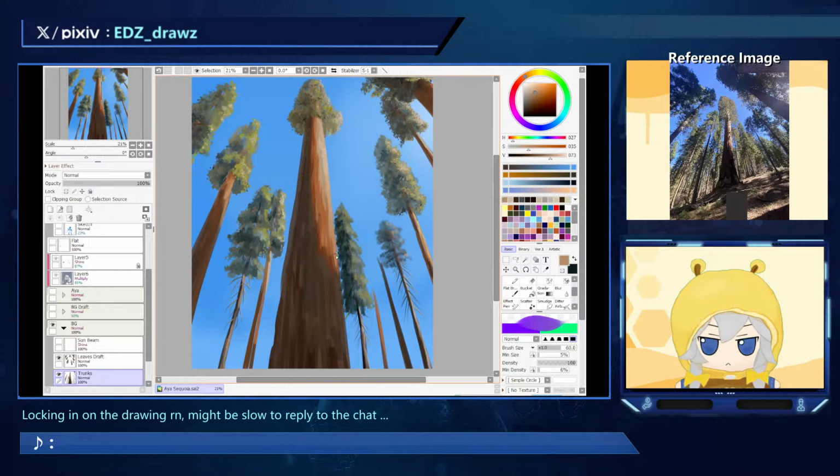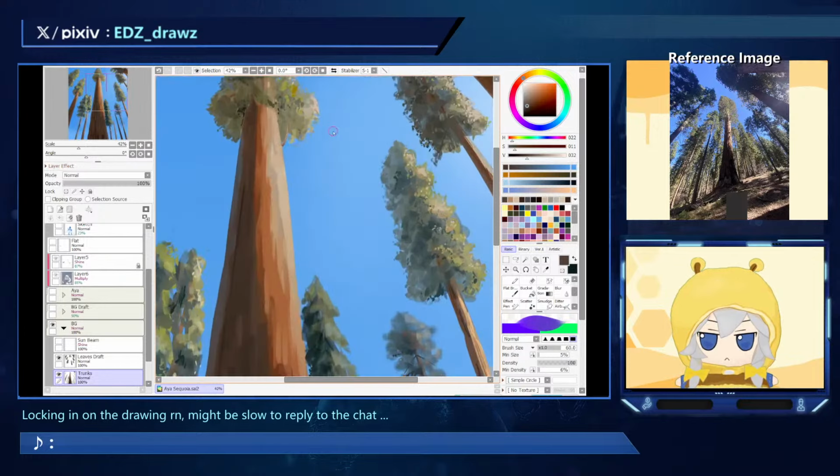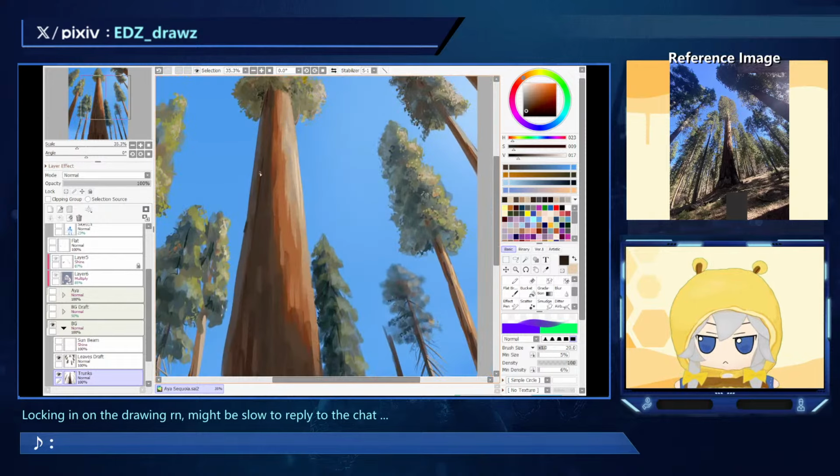Yeah, maybe it's because the trunks are so straight that it looks a bit unrealistic. Let me add some noise to the trunk so that, like a real life tree, it isn't going straight all the way like a pillar. It has bumps, it has branches and stuff. Yeah, I think this is better after I added noise. There you go. Maybe you guys don't see any changes, but